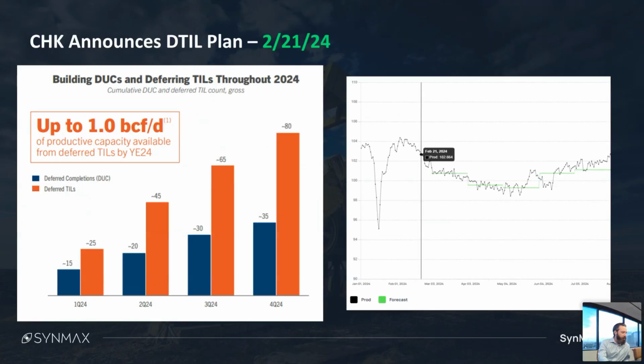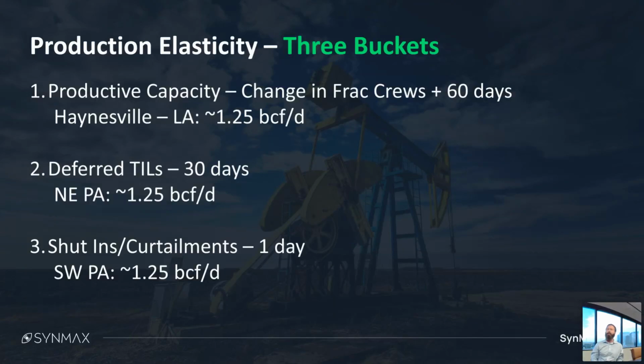So, we saw production decline, and we've seen production kind of come back up. And I think naively, it's easy to come to the conclusion and say that, oh, okay, the operators must have been deferring their wells and they must have brought them online, right? And that's why we're seeing production return. And what SynMax does for our customers is we try to quantify exactly what the production elasticity is at any period of time. So, for example, in May, when we'd seen production pull back from the highs in February, SynMax